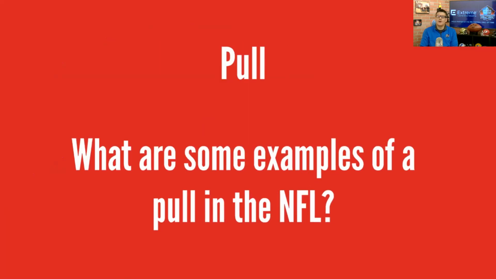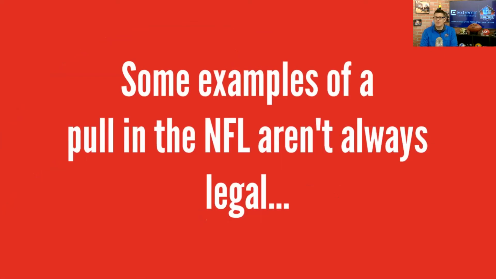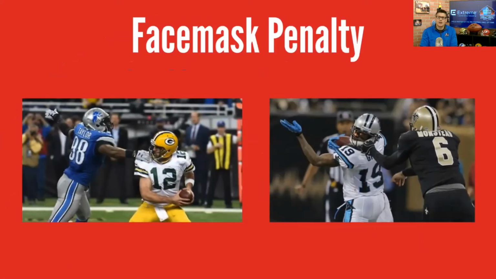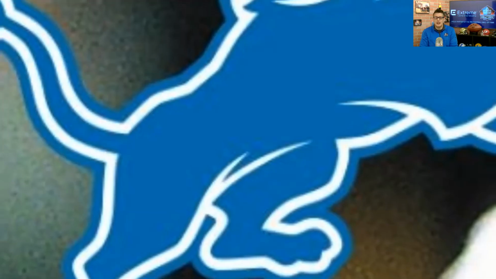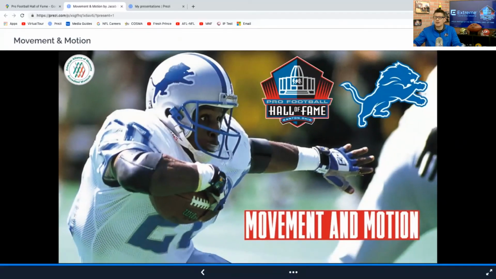All right, and so if I ask you guys what are some examples of pull, probably some of you would say tackling or pulling the ball in, or the quarterback pulling the ball back when they receive the snap from the center, but some of them are not always legal. For example, a holding penalty, whether it's the offensive lineman or a defensive back that might hold, or we can get even more severe here, a face mask penalty. You can see why pulling that helmet backwards can be pretty dangerous. And so in a nutshell, that's really what we wanted to share with you guys here today. I'm going to stop sharing and just close things out.